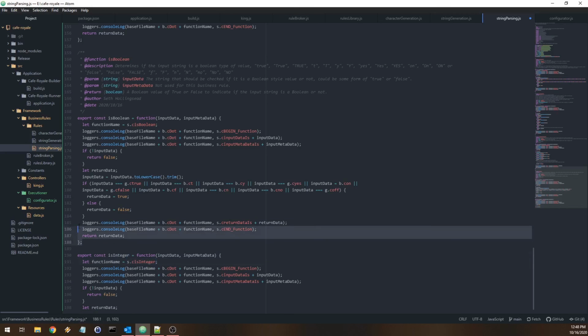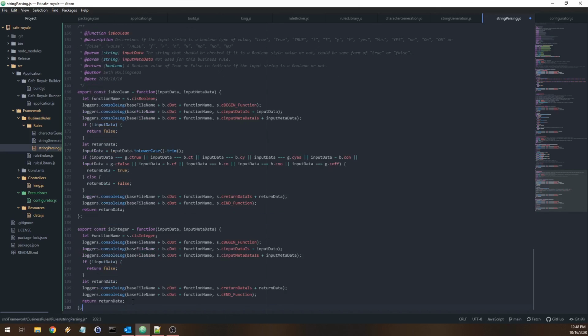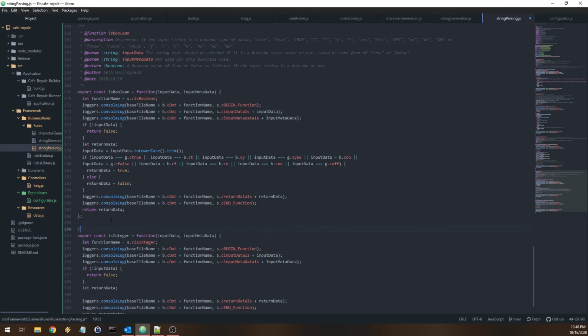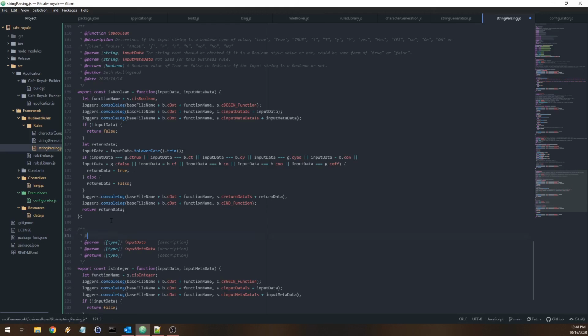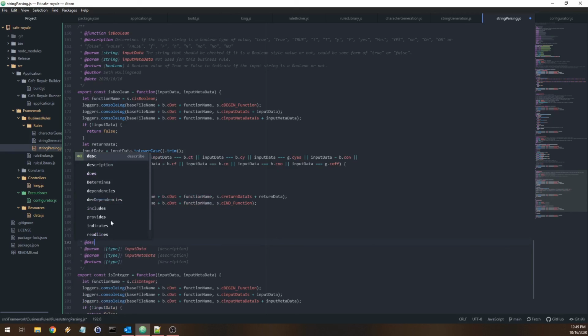And we have the ending, which should be like that. Okay, let's go ahead and write our header here. At function isInteger. Description: